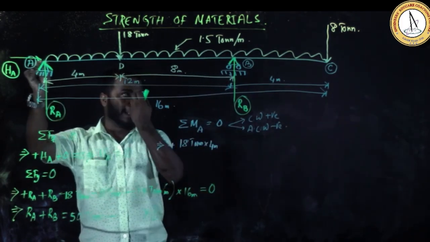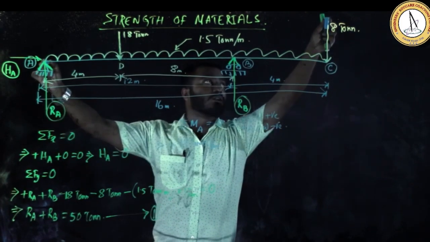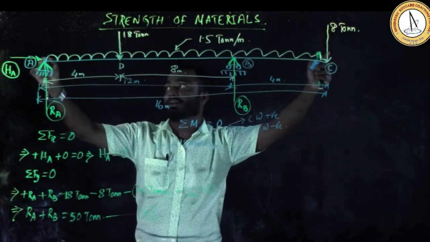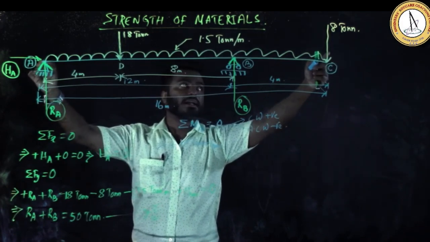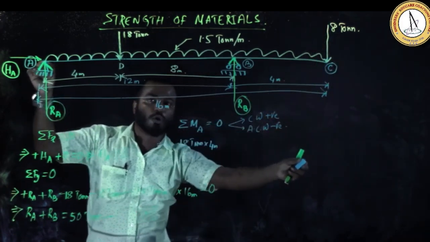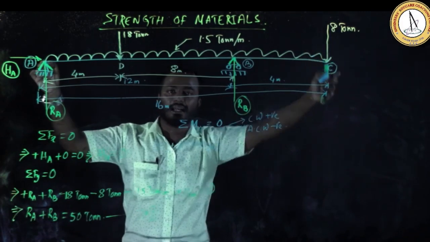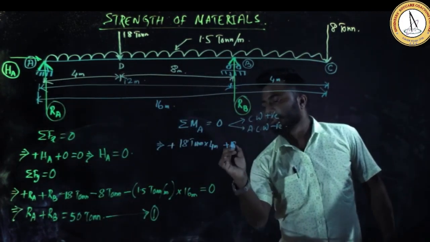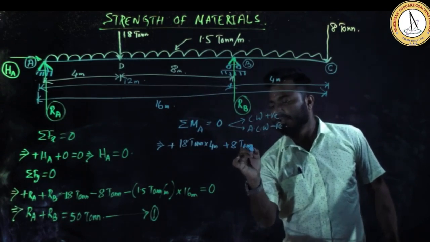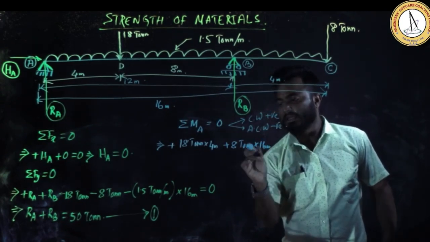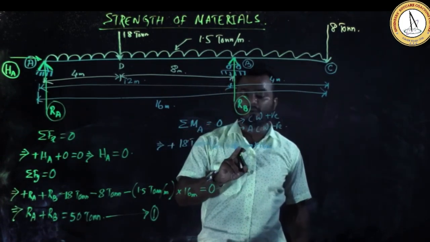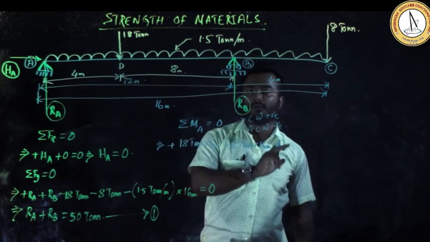Similarly, once again, there is another point load which is also acting downward, having the magnitude 8 ton. And what is the distance between this 8 ton and A? This is 16 meter. It is also causing clockwise because 8 ton is in the downward direction. So what is the moment? Plus 8 ton into 16 meter. This is the amount of moment which is occurring due to the presence of 8 ton 16 meter away from A.